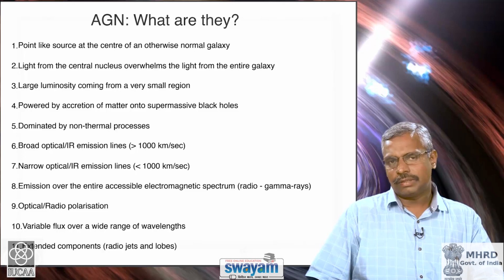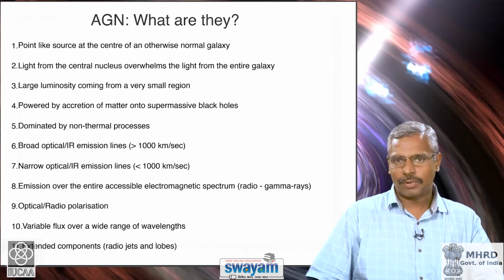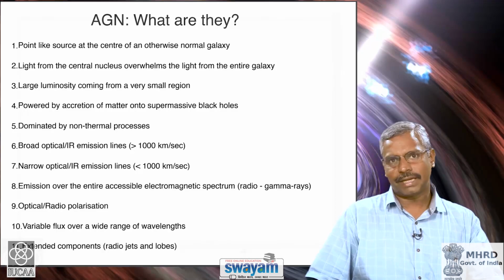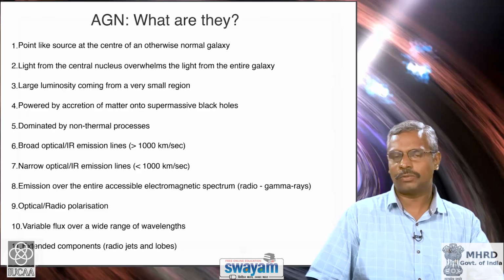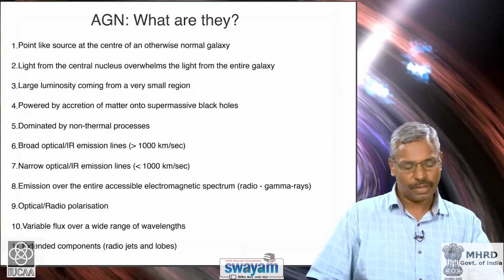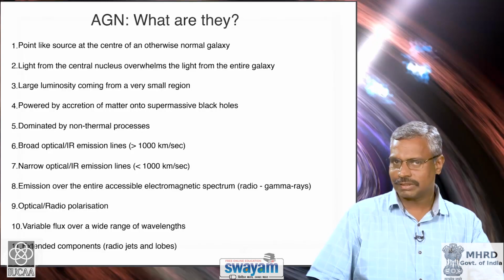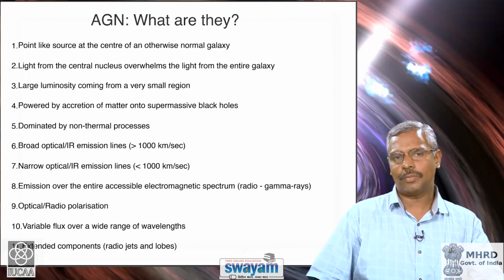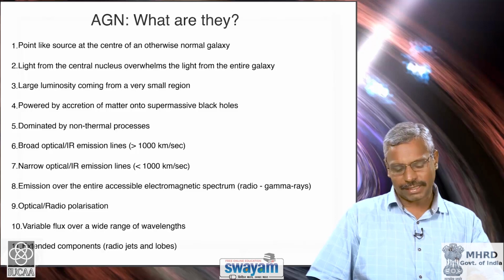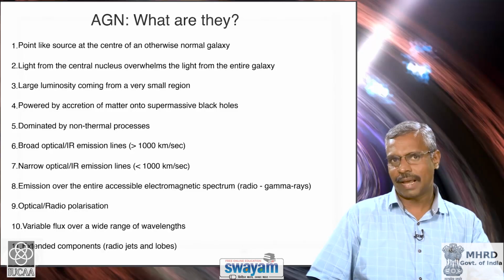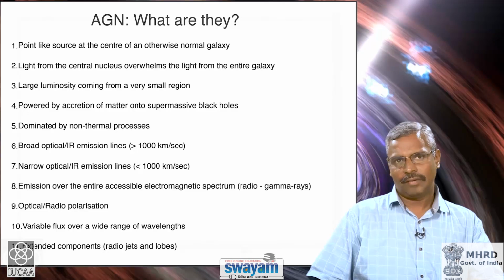Now it is known that this kind of emission, or enormous amount of luminosity from a small region, is possible by a process called accretion. Basically, a black hole sitting at the center of the galaxy accretes matter, and this powers what are called active galaxies. Normal stars are powered by nuclear fusion processes, wherein 4 hydrogen nuclei combine to form helium nuclei, and the radiation coming from a star can be explained by a Planckian law. Whereas, in the case of active galaxies, the radiation is mostly dominated by non-thermal processes,